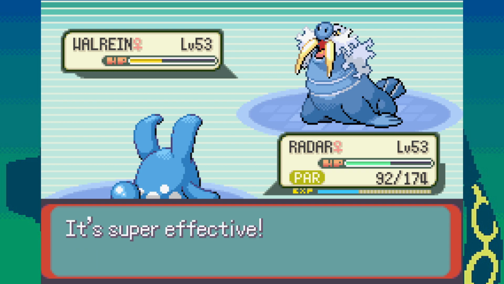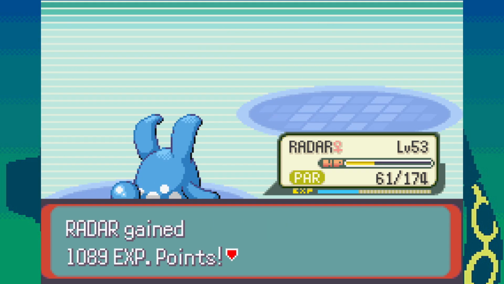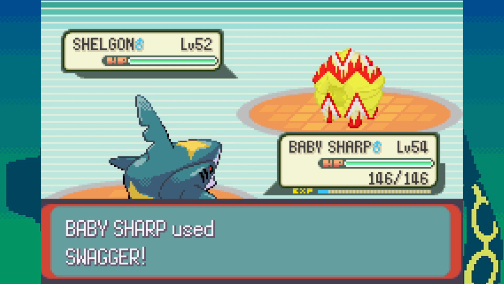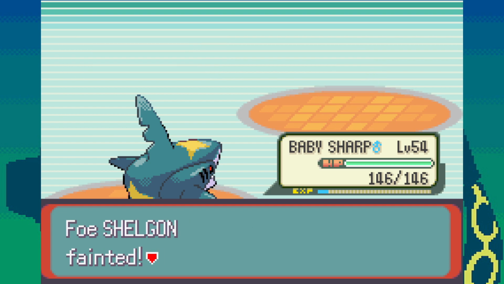We went for our rollout. We got paralysed, and luckily as well, paralysed did not stop us, and we took down Glacier. So next up was Drake, and I knew that if I wanted to get for this fight I was going to need some insane luck, so I went with a strategy of going with Swagger and then Crunch, and luckily